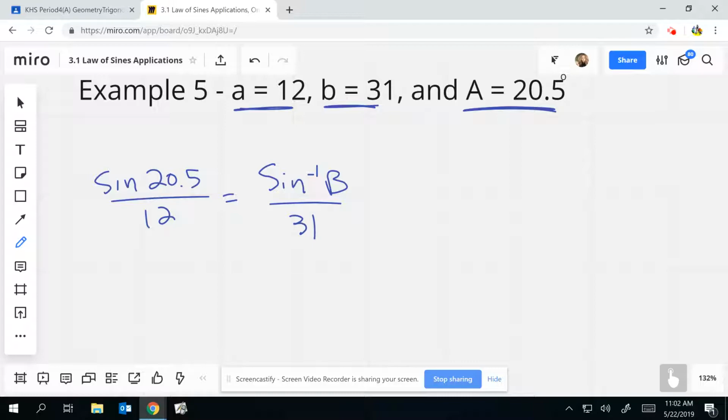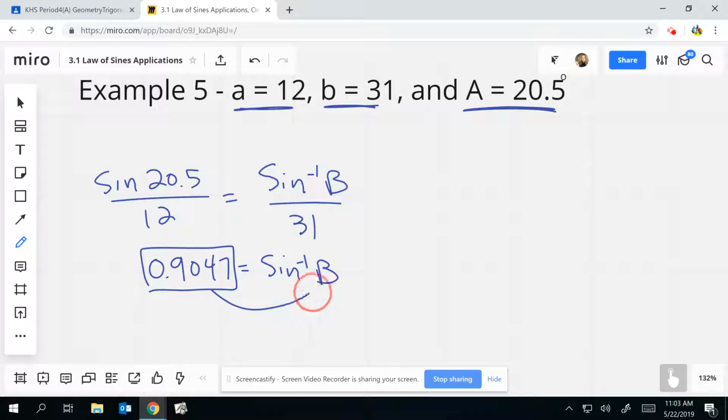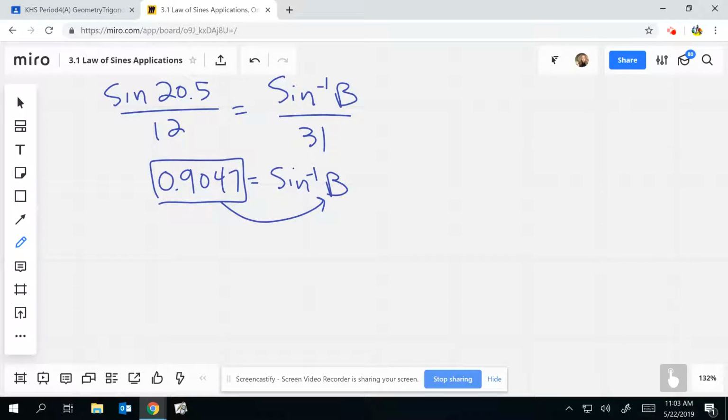So if I multiply those diagonals, the ones that I have, sine of 20.5 times the diagonal of 31, and then divide that by 12, you will get a 0 point something. So there is a solution, 0.9047, and you get to the inverse sine of B. So you have to take this decimal and plug it in to B for the inverse sine. So if I do that, inverse sine of 0.9047, I get